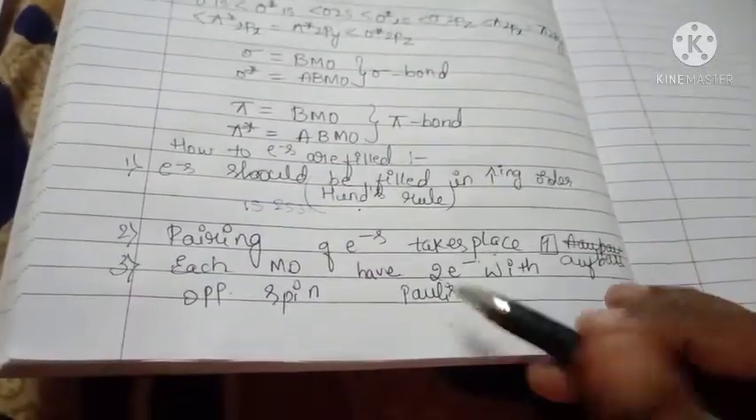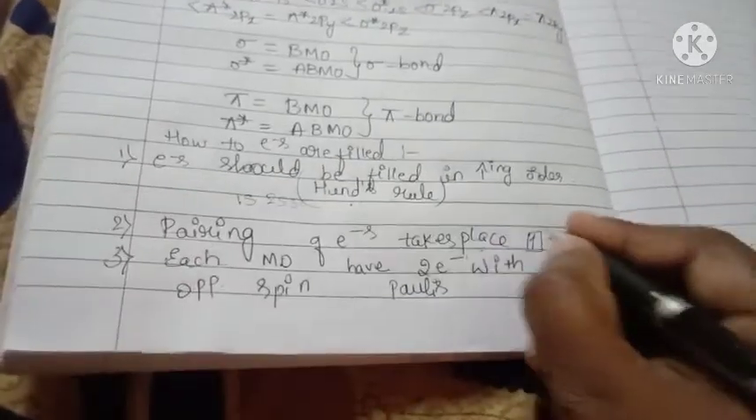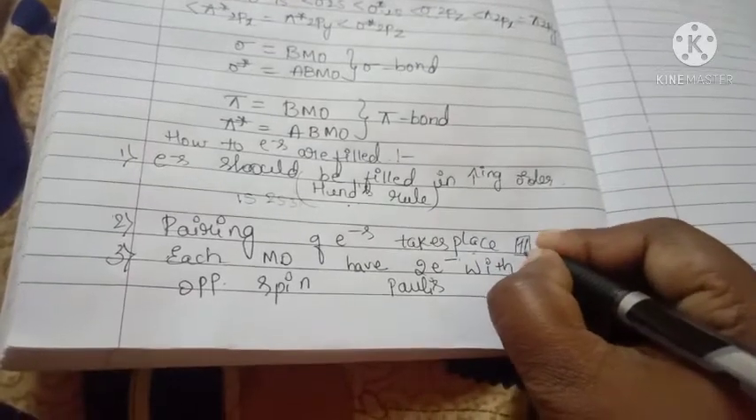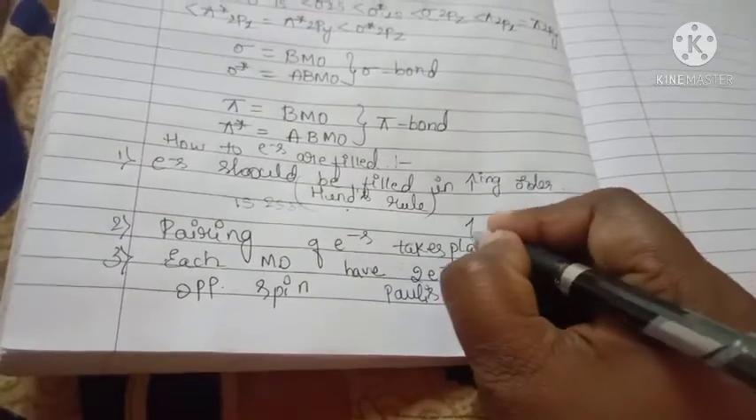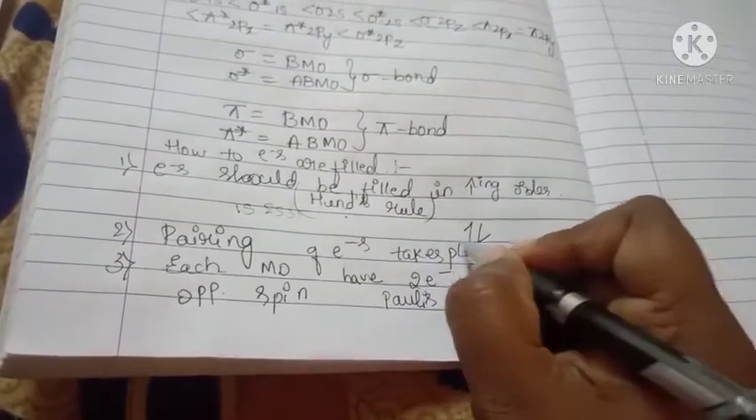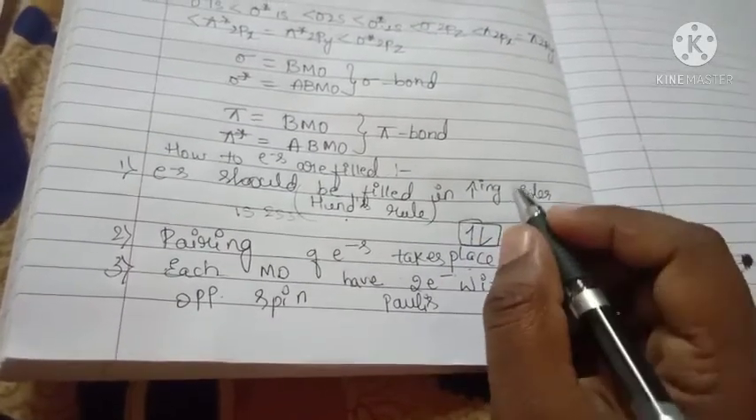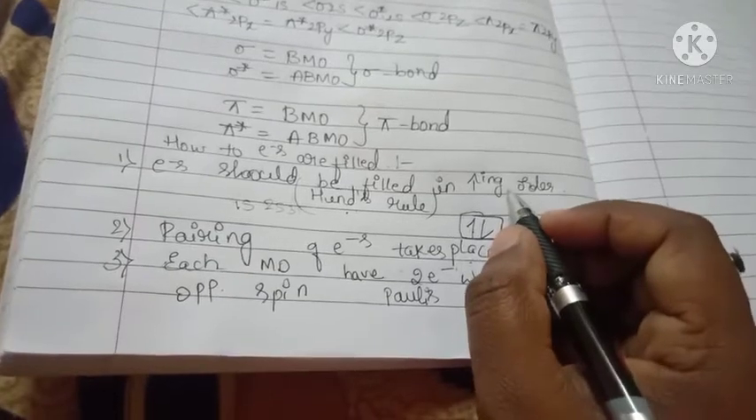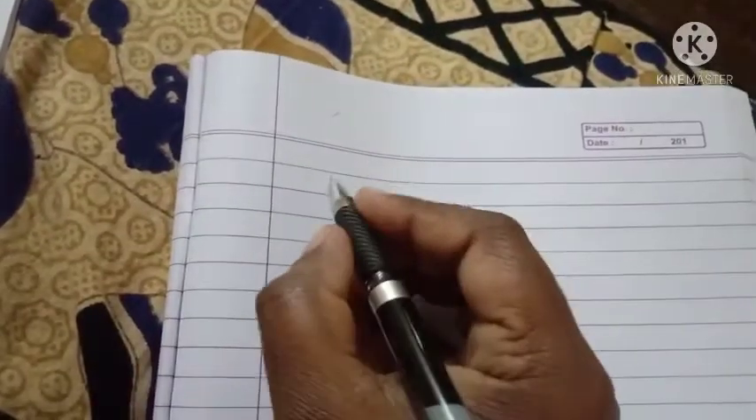And last one is each molecular orbital has 2 electrons with opposite spin. We are writing the electrons in a box, with opposite spins. One is like this, another one is like this. These 2 electrons should be present in each orbital. You have to know about that. Each orbital should contain 2 electrons. Okay, next, after writing the electronic configuration and molecular orbital energy level, we